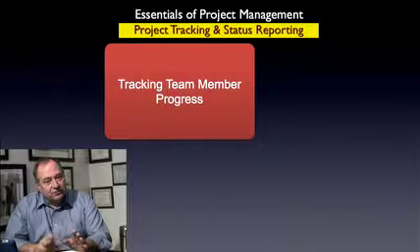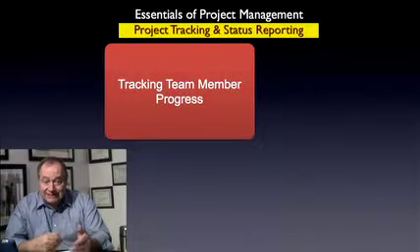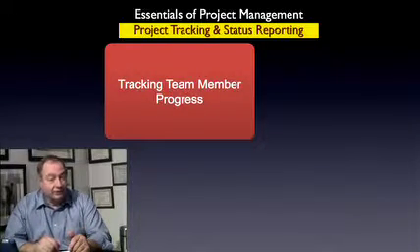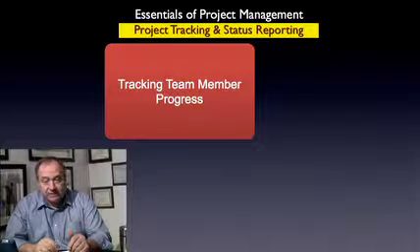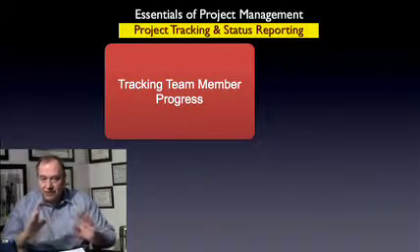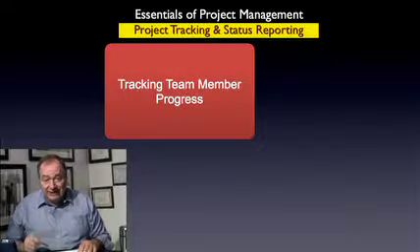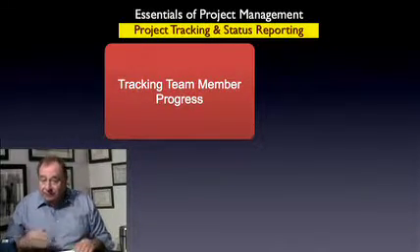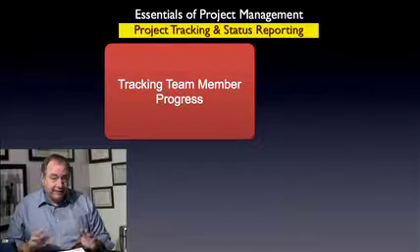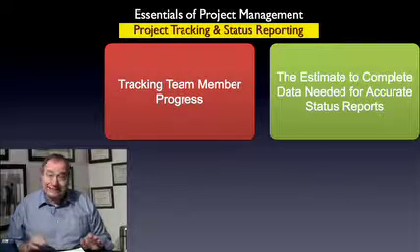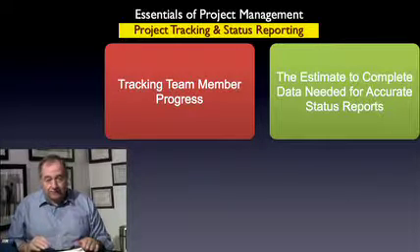In this module, we'll talk about tracking and status reporting and the cycle that has to occur every week on a project. The process starts with the project manager gathering data about each in-process task. And we're getting the data from the accountable team member. The data the project manager needs is very simple. We want to make this easy so people do it.